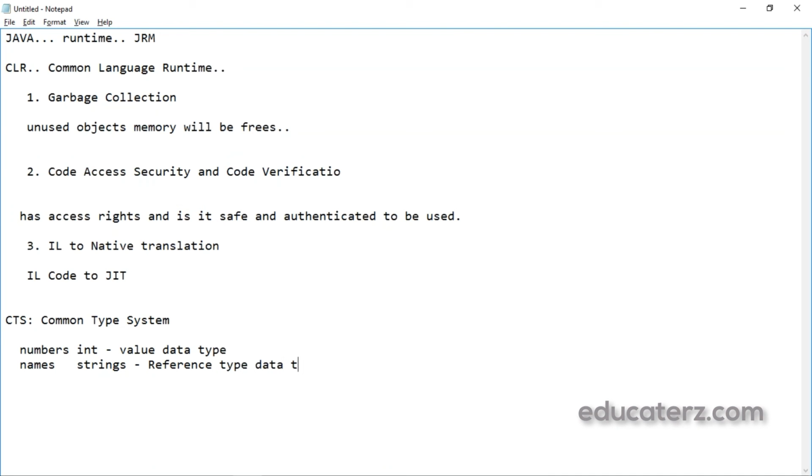Reference type, data type. So, in the initial video sessions, we discussed that the .NET Framework supports many languages, and once you compile in one language, you can execute the same program in another language. Suppose you have compiled a program in C#, and then you can execute it in other languages,